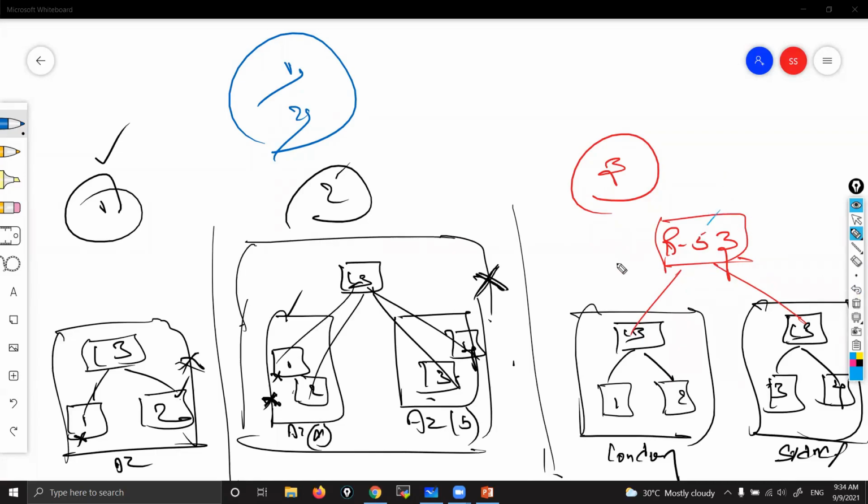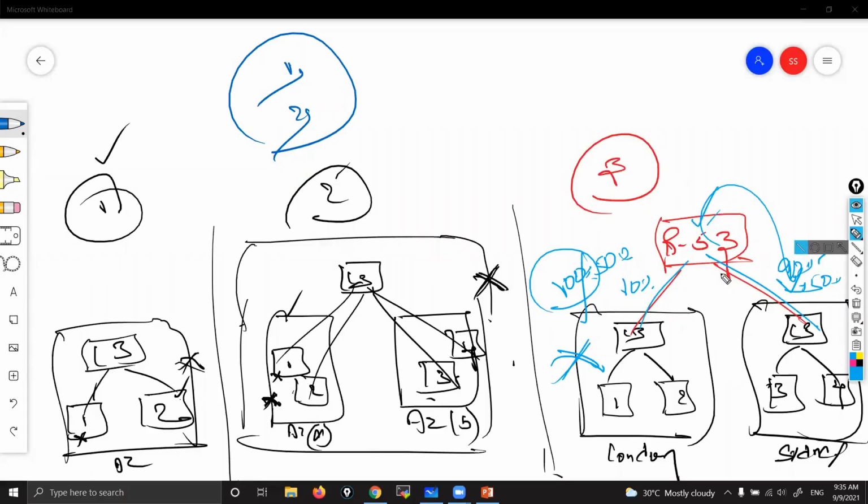Like, Route 53 should send 10% traffic here, 90% here. That you can define. Or 50% here, 50% here. For example, it should send 100% here only, and if my region goes down, then only it should send traffic to this one, kind of failover. So you can have your own routing policy. Routing policy means how you want Route 53 to distribute the traffic between these two regions. Whether it is 100, 0, 50, you can define your own routing policy.